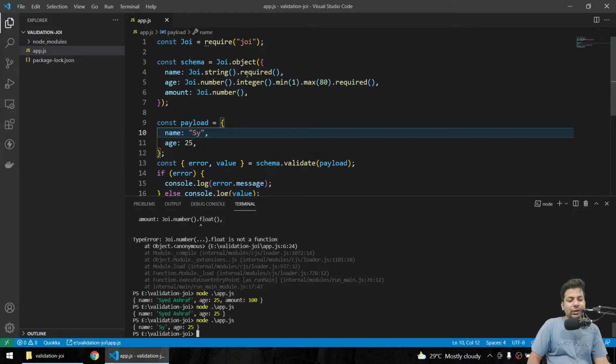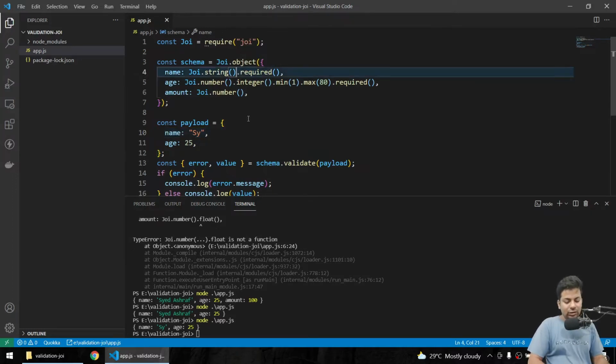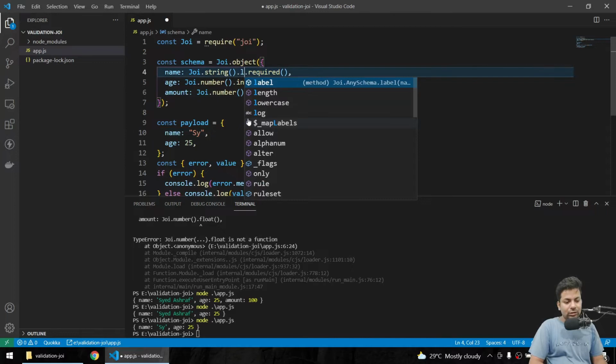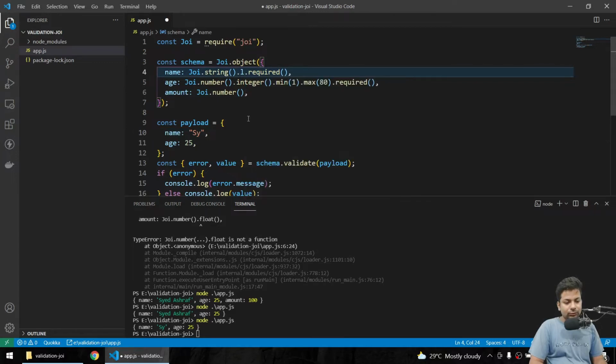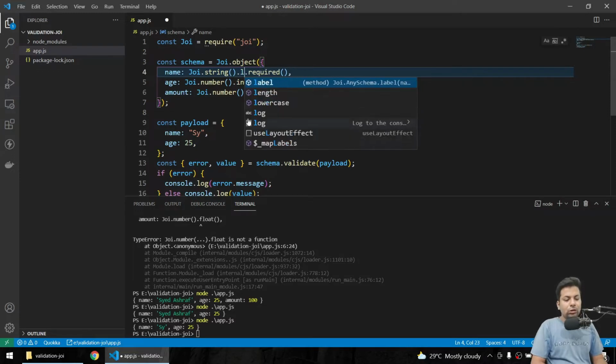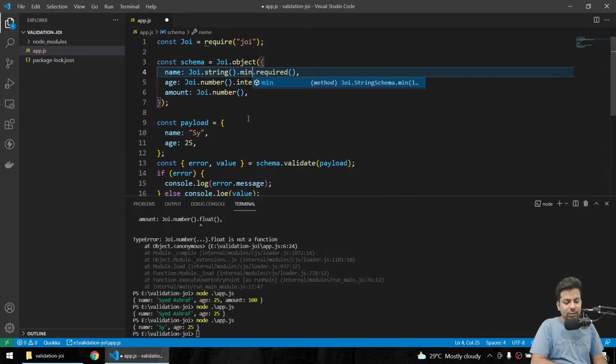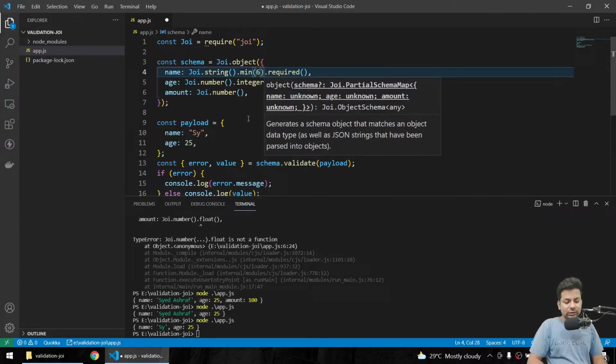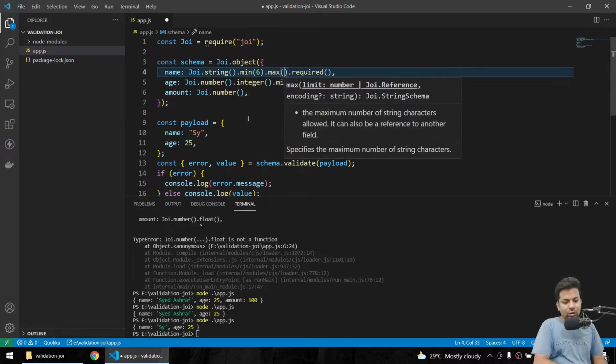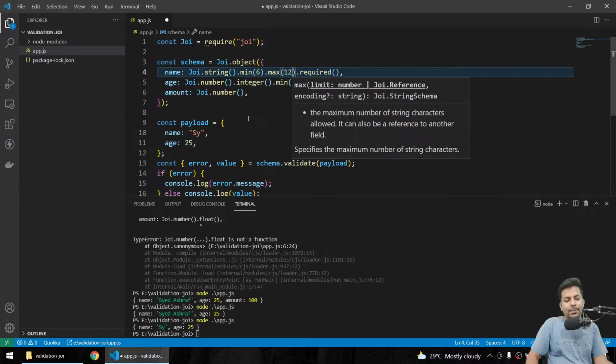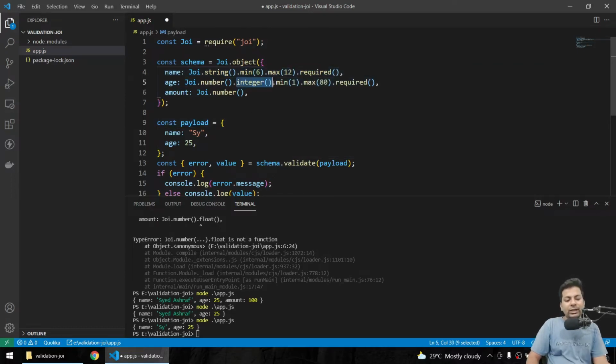So we'll say Joi dot string dot length, sorry, here also we'll say min and max only. We'll say minimum of 6 characters and maximum of 12 characters. Okay, so how it works, when you put an integer, it checks in the integer way, like if the value is less than 1 or more than 80.